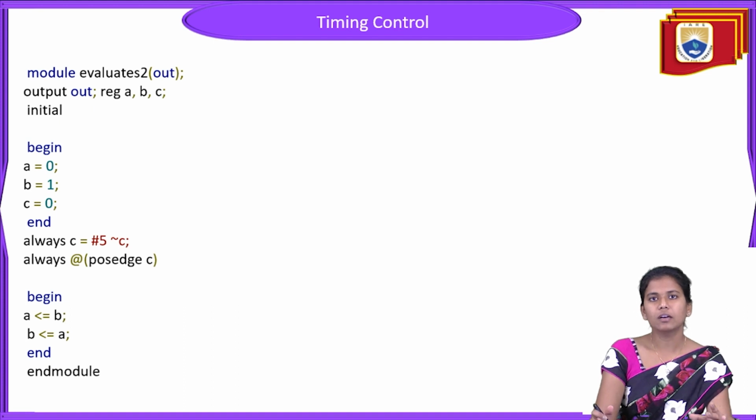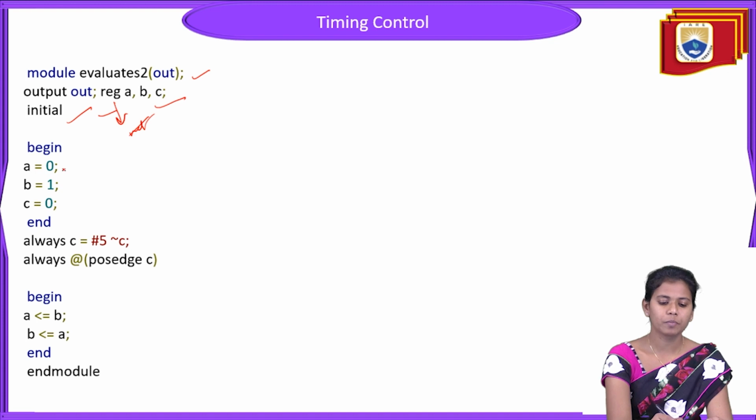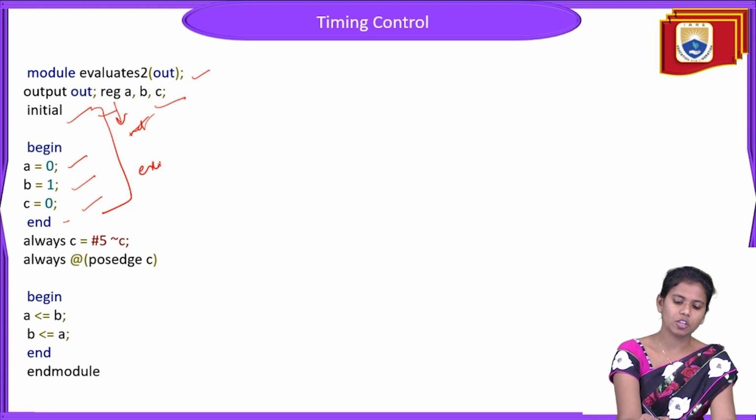And here is a particular syntax which is to be followed. Module evaluates, with the output register out, and input registers A, B, C. In the initial block, I am beginning with A as 0, B as 1 and C as 0, and I am just ending. This part can be executed only once,